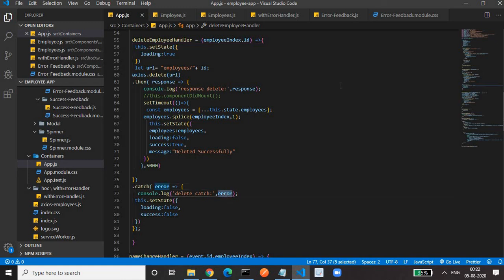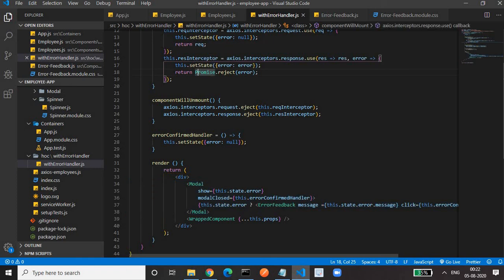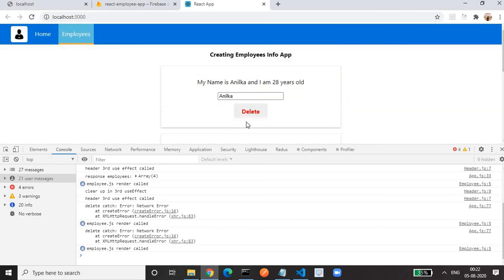Why is this catch block executed? Because we are returning Promise.reject. That's why it is important to return. And in error.message, we are getting the message. On click of the OK button, we are removing the dialog window as well as the backdrop.